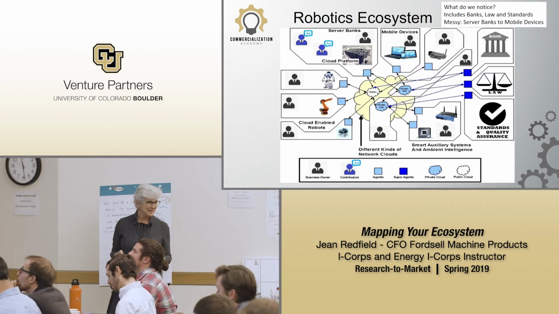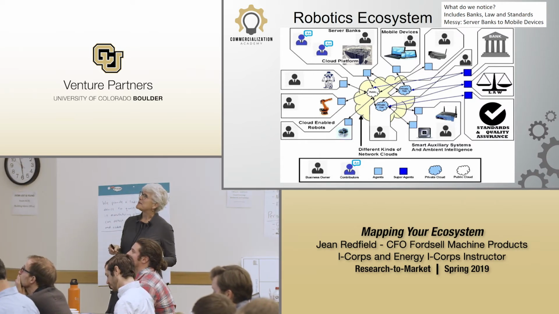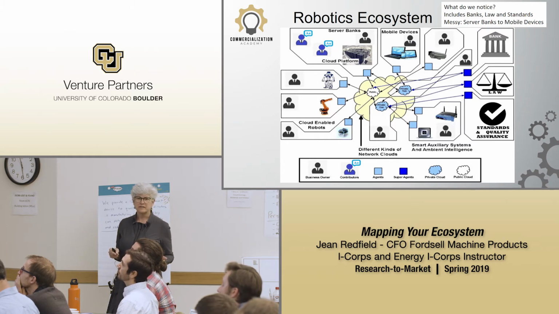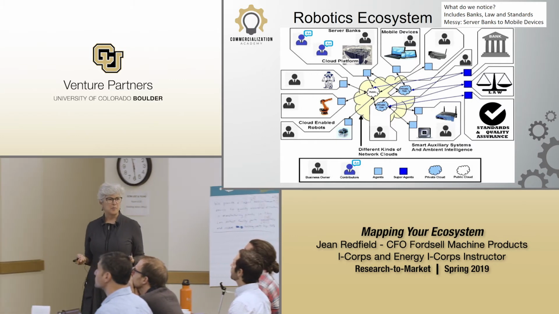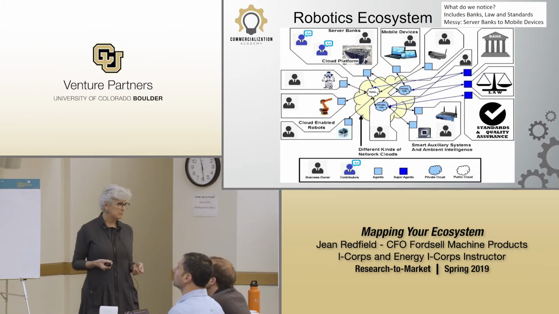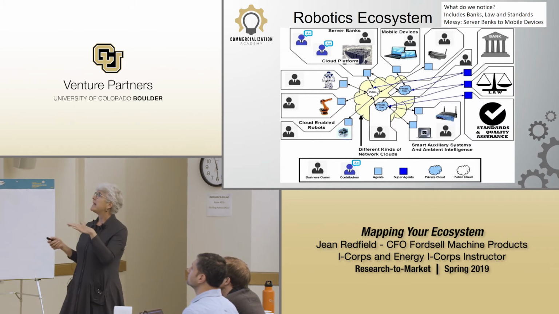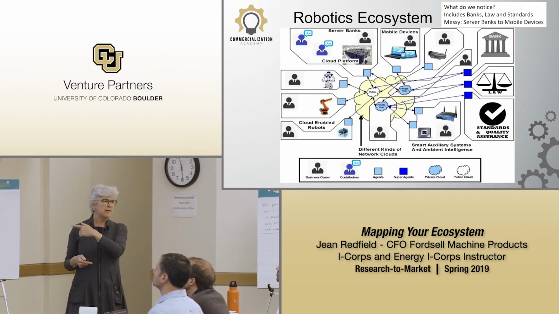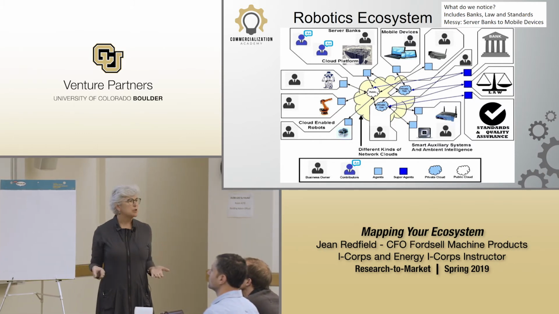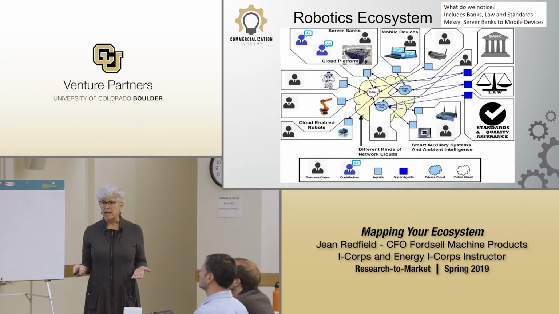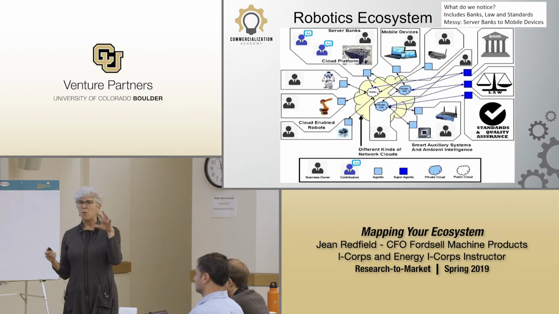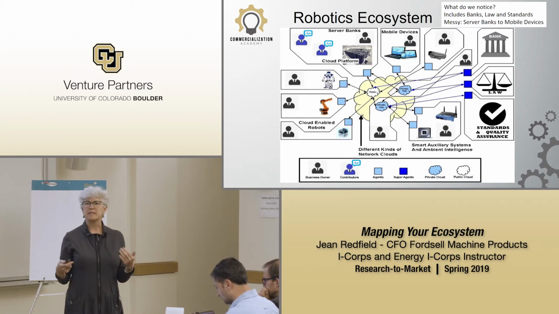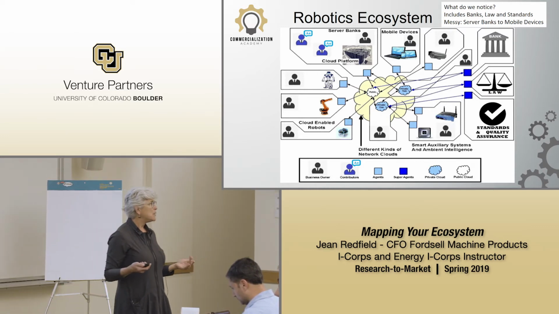It's messy. The thing that jumped off the page at me is that it includes things like banks, laws, and standards groups. I would not have thought about banks as an important stakeholder in my robotics ecosystem, but maybe they are. So again, my point here is not to say these are the answers, but to say these are versions of answers that were useful to somebody, and that there's plenty of this stuff already out there, so doing a little bit of wading around and finding pieces of things you like may be worthwhile.